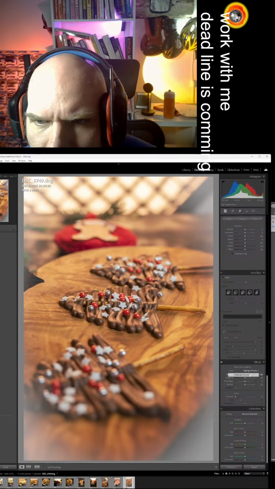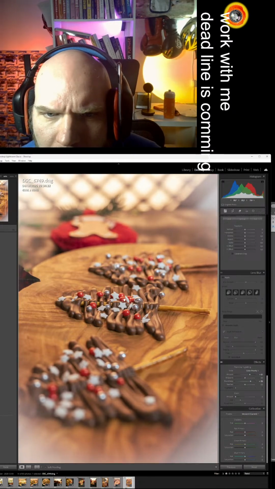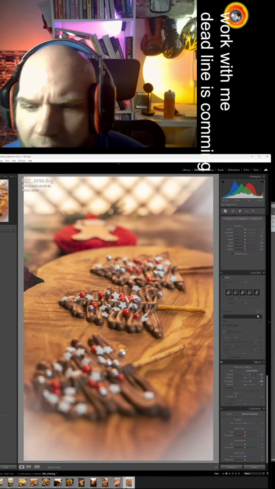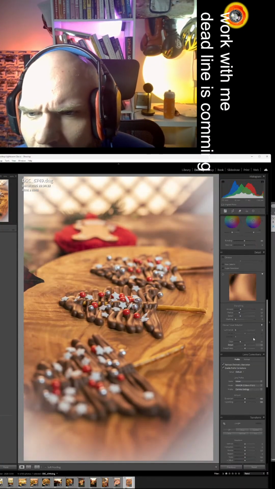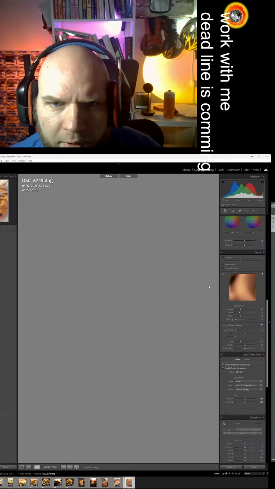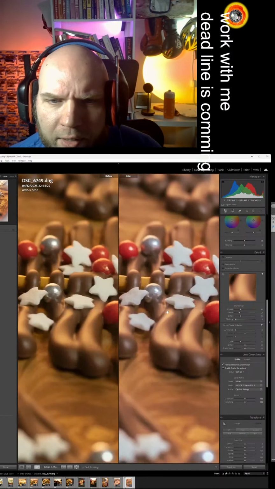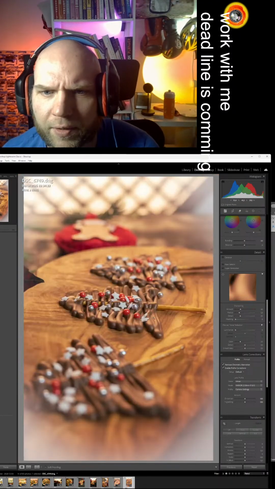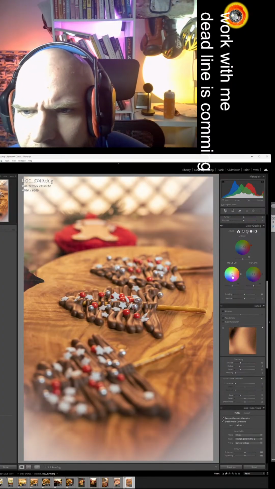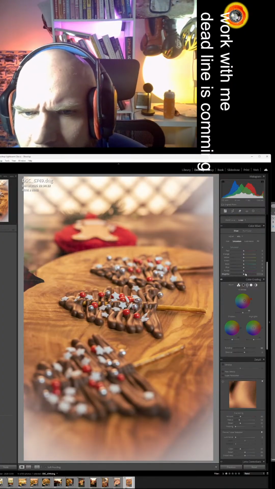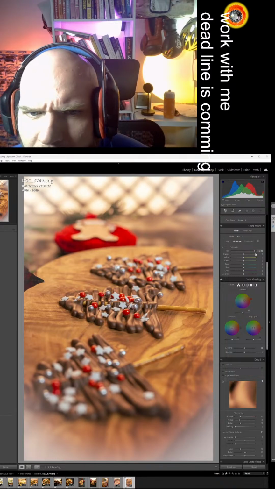Vignetting. A little bit white, and it's pretty okay. Before and after, the difference is not that big, a little bit softer colors. And that's it.